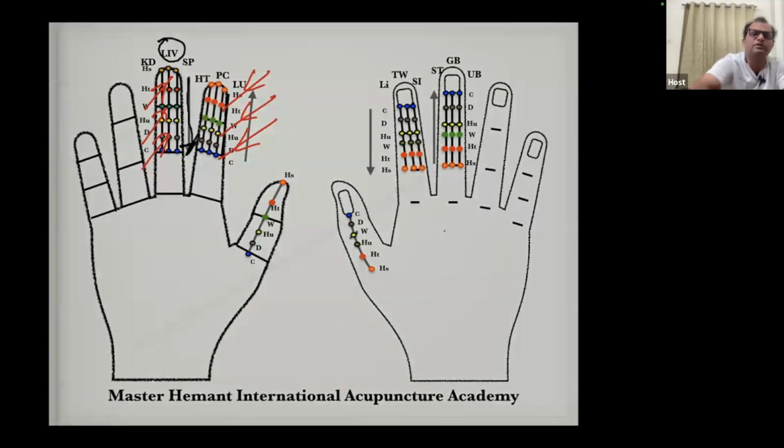We can do this by needle, and we can even do it by magnets. How we do it with magnets, the direction, I will discuss. We will discuss that, but first let us understand what is the meaning of tonification and what is the meaning of sedation. With bar magnets, and even with a dual magnet, we can do directional flow. We'll discuss that. And the most effective things are the plant leaves. Plant leaves do wonderful tonification and sedation, and plant leaves are very good because